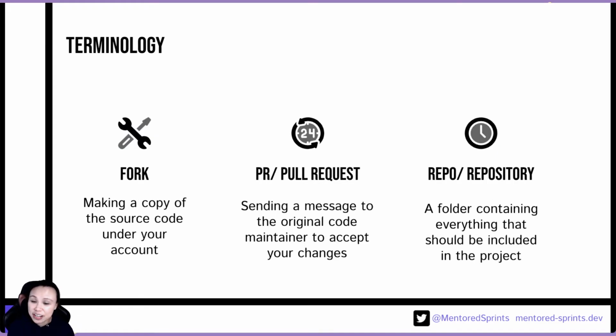There's other terminology that we use. There's fork, which means that you make a copy of the source code, and that copy will be under your account. We do that in the open source ecosystem because a lot of times the only person who has the right to change the original code is the maintainer themselves. So as a contributor, you don't have access rights to the original source code. So what you do is you make a copy of it under your account, so you have access rights to it. And then after you make the changes, you can send a pull request